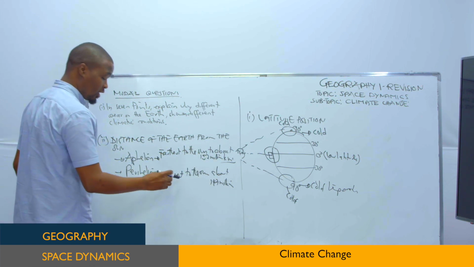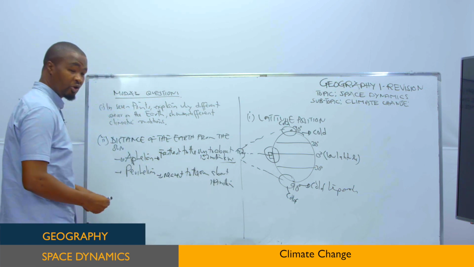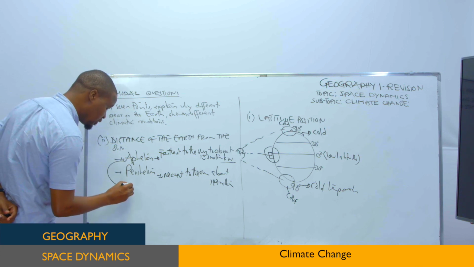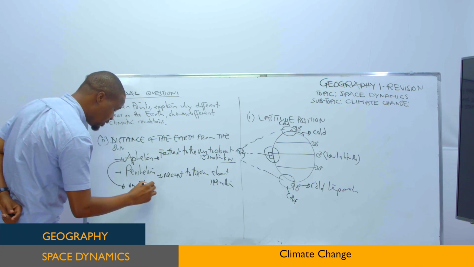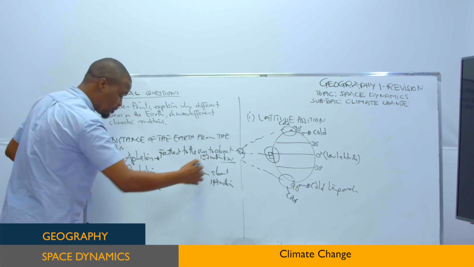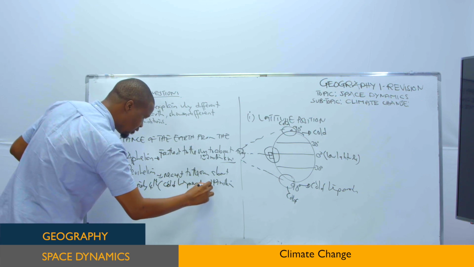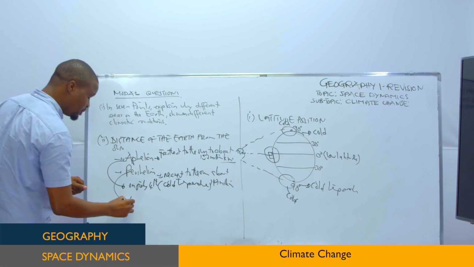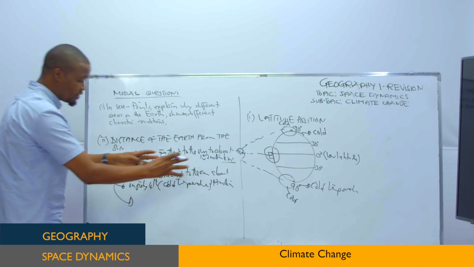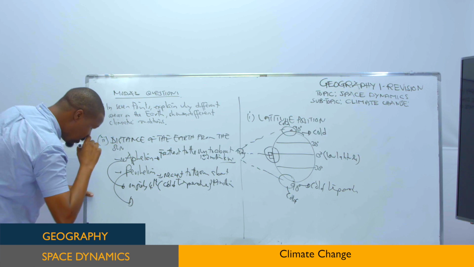While the perihelion is the period where the Earth is nearest to the Sun at about 147 million kilometers. So during aphelion, which occurs on July 7th each year, because it is far away from the Sun, we will experience a cold temperature on the Earth. While during the perihelion, where the Earth is nearest to the Sun at about 147 million kilometers,